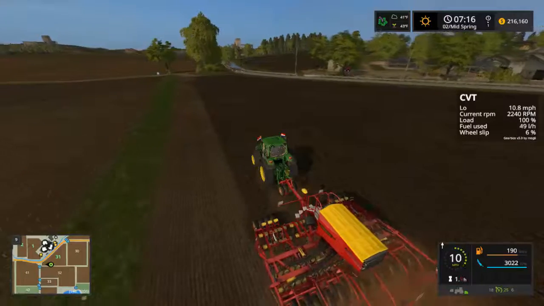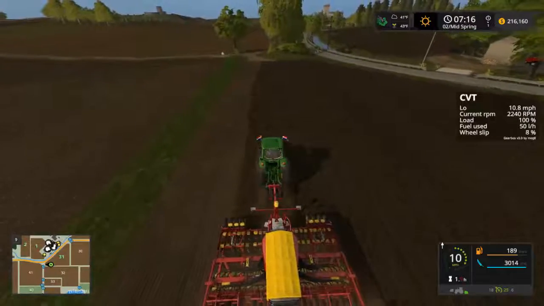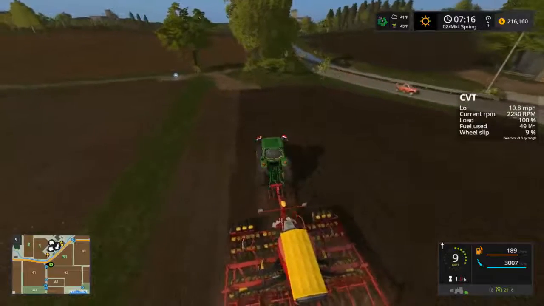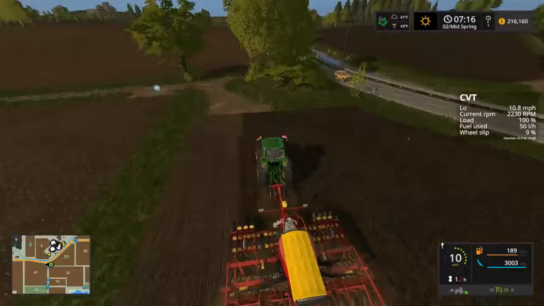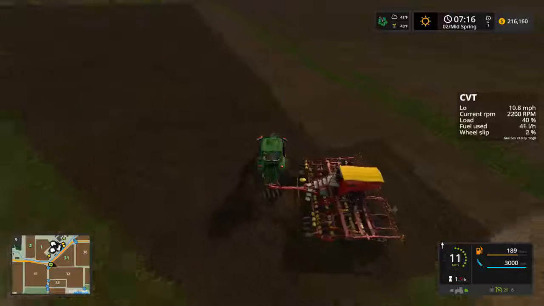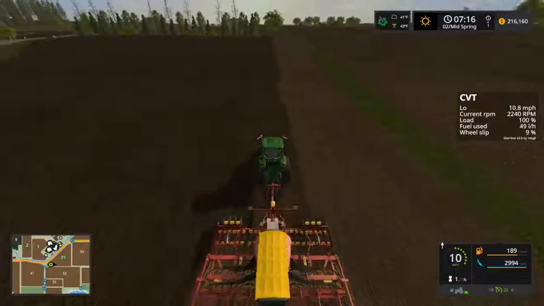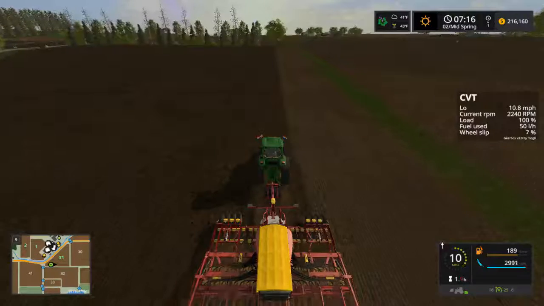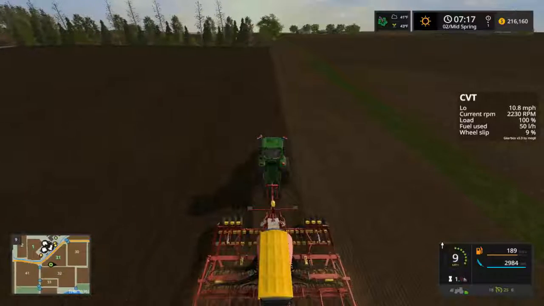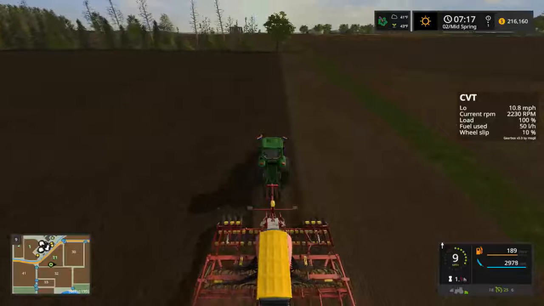Alright. Be getting this stuff planted. And as you can see, what I'm doing is I'm lifting before I get to the edge and then turning around. So it's like here, I'm going to lift here, start turning, and completely around, drop. So basically what I am doing here is essentially I'm planting the center of the field first, and then I will actually go around on the outside and plant